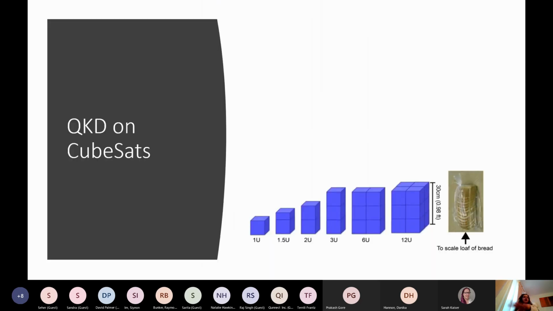Now, I know that this should probably have come in the first slide of the talk, but this is what I mean when I say a CubeSat. So 1U of the CubeSat is basically a unit, a cube, which has 10 centimeters times 10 centimeters times 10 centimeters volume. And I have put a loaf of bread on the side to show you the scaling. Now, ROKS is basically a 6U CubeSat. So we have 6 of these cubes stacked, three on the left, three on the right.